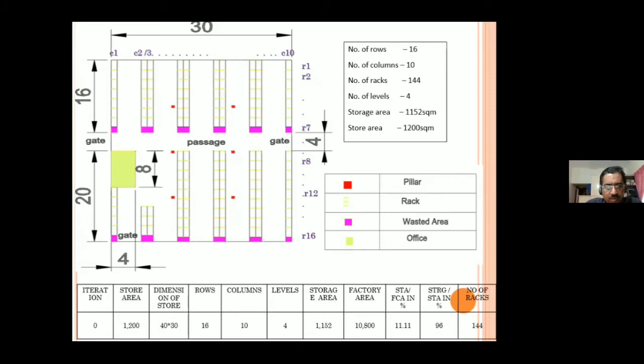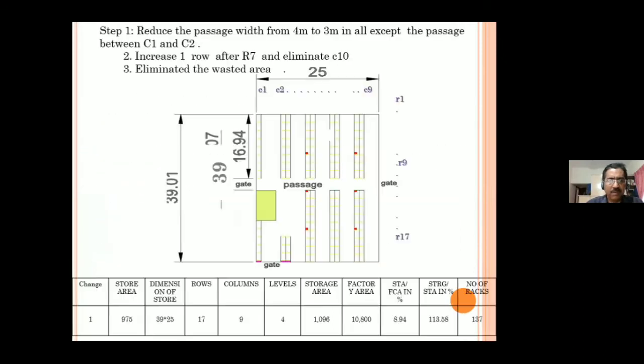Now the operating conditions were given yesterday. The main condition was that the existing layout is as shown with 4 meters passage in between. The materials inside this store are of two types. One requires a heavy forklift and one requires a lighter, smaller forklift. The heavy forklift requires 4 meter radius of curvature turning, and the lighter forklift requires a 3 meter radius of turning. So with this information, let us see how the store area can be minimized step by step.